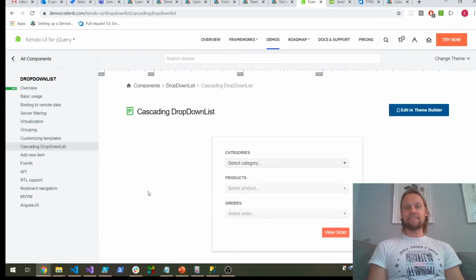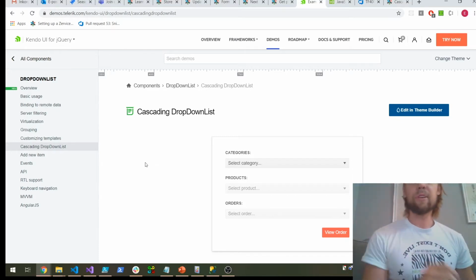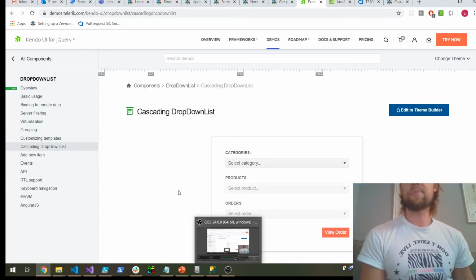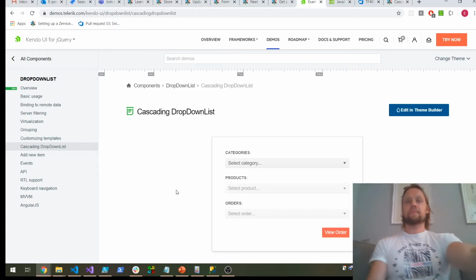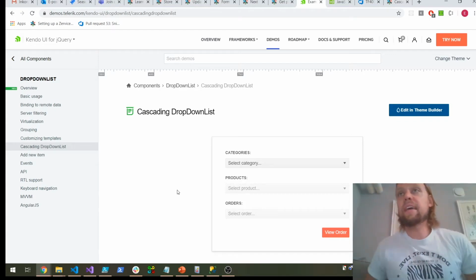What is a cascading dropdown? What can it be used for? And how do you implement it in Zervicepoint? If we look at the following example from Kendo UI,